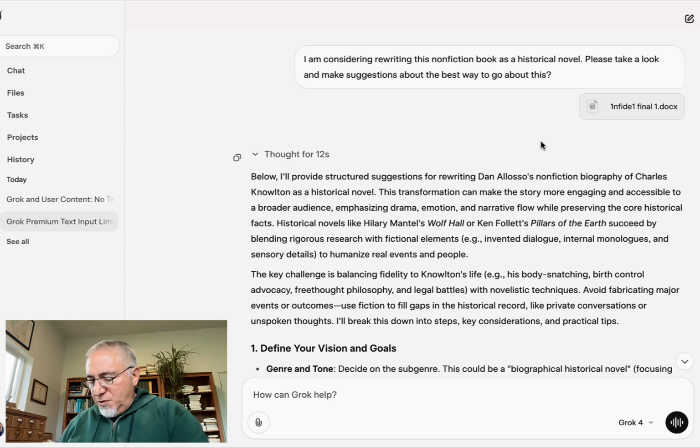It runs to about 230 pages of narration and then about 30 pages of notes. And despite all of that, it comes out to only about a 1 megabyte Microsoft Word file. So I took that file, and after getting an acknowledgement from Grok 4, which I bought a 1-month subscription to